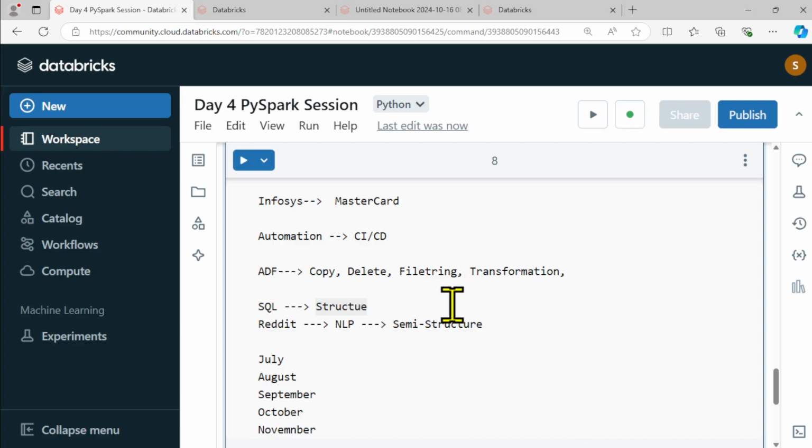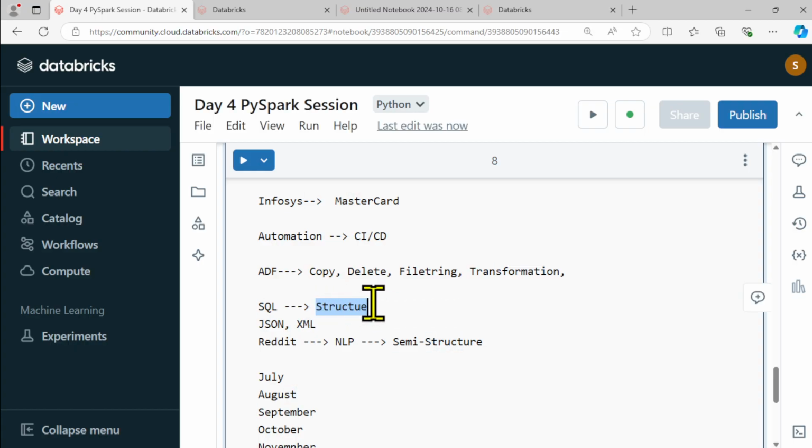या जैसे किसी ने आपको फाइल दे दी JSON की, या किसी ने फाइल दे दी आपको XML की, तो JSON और XML इज नॉट स्ट्रक्चर डेटा सेट, फिर सेमी स्ट्रक्चर डेटा। So in that scenario, SQL is failed. So then you will have to either switch to NoSQL or CosmoDB. तो CosmoDB जो है ये सब इन चीजों को डील करेगी।